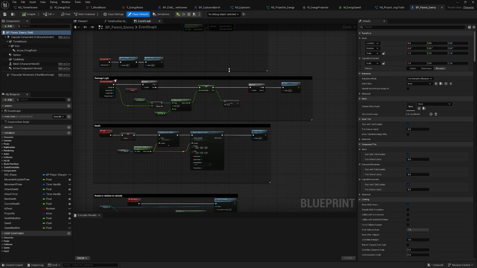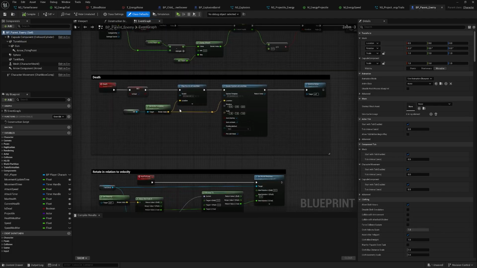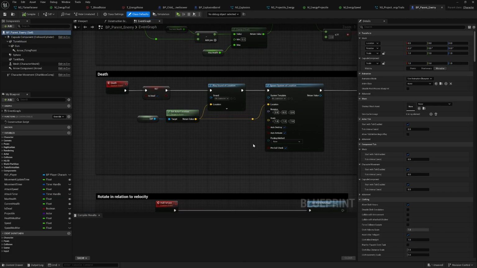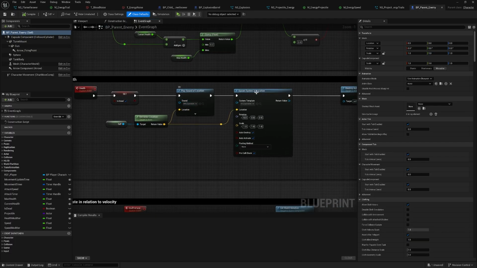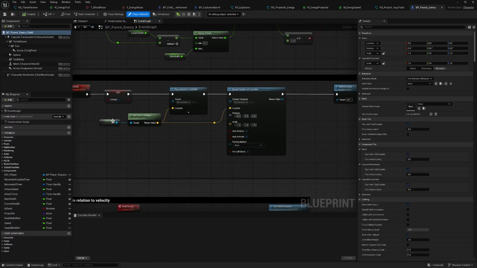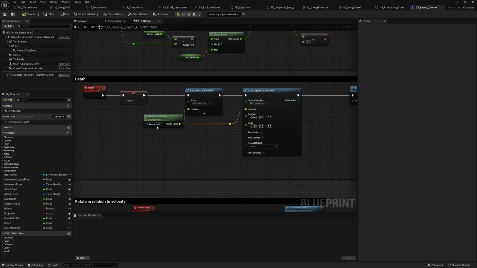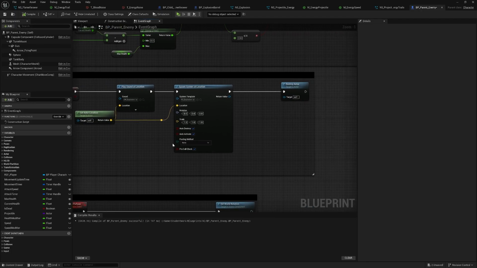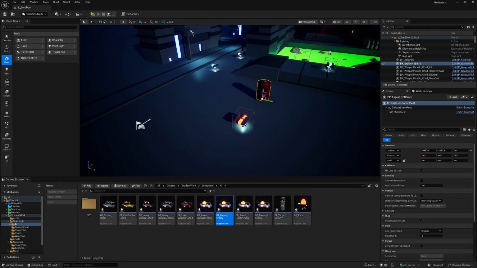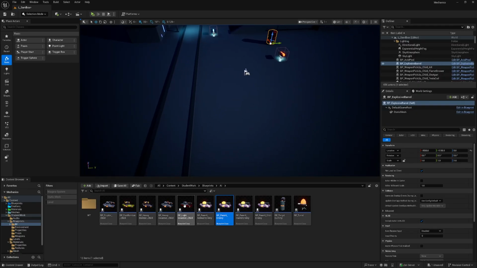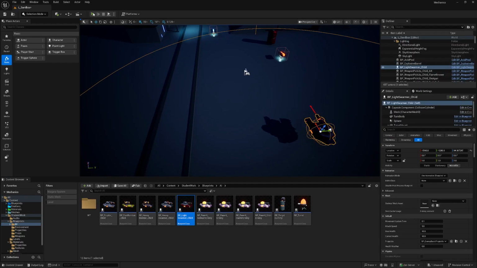But yeah, inside here where we've got the death logic, we're setting as dead, and we're playing a sound at location, getting the actor location for self, which really I don't think we actually need that there, so we can just get self. And then we're spawning system at location for the explosion particle system, and just before we destroy the actor. So if we save that and we throw in, I don't know, just one of the swarmer child enemies, and hit play,